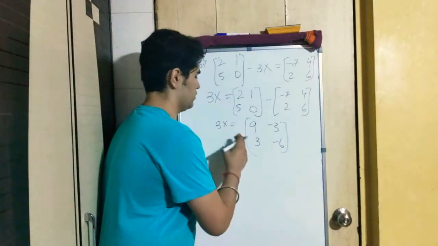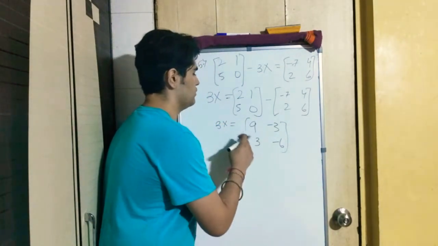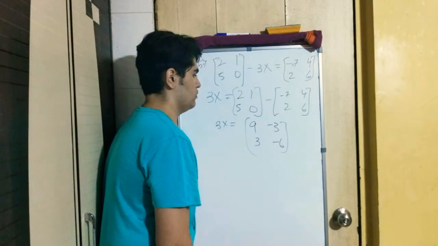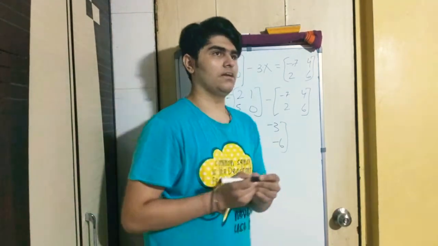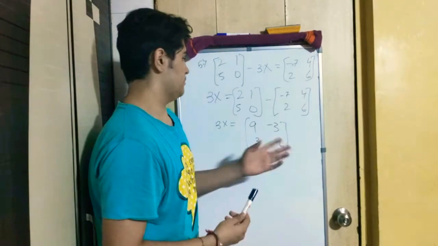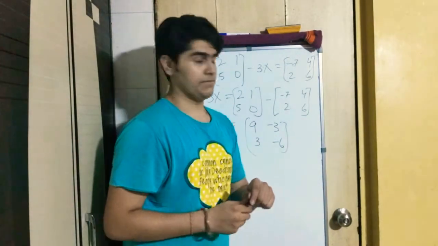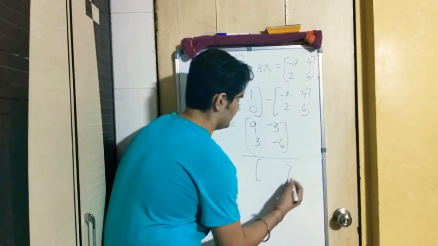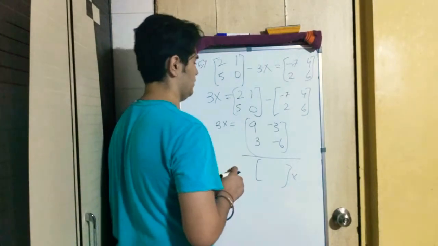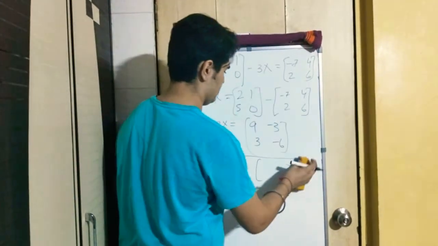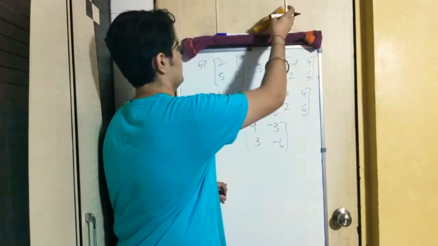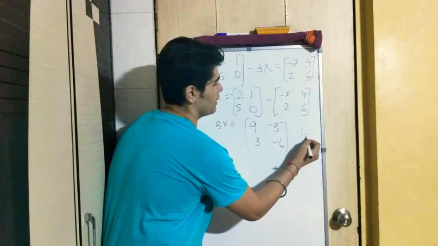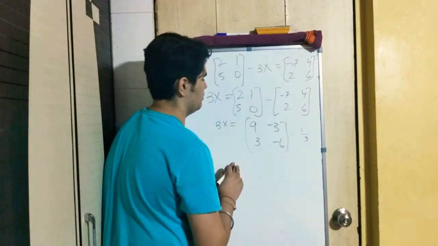So now how will you do this thing? If you take 3 here, you have to divide. So here it comes as 1 by 3. So you might have a question that you cannot divide two matrices. So what does division of two matrices mean? If this is one matrix and this is the second matrix, this cannot happen. Or else you take it in a simple way, that if you are taking 3 here, you have to multiply the whole matrix by 1 by 3. So multiplication is possible, but division is not possible.